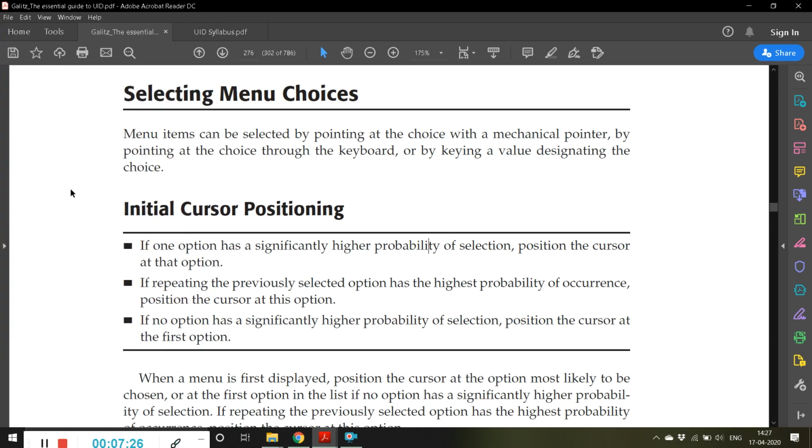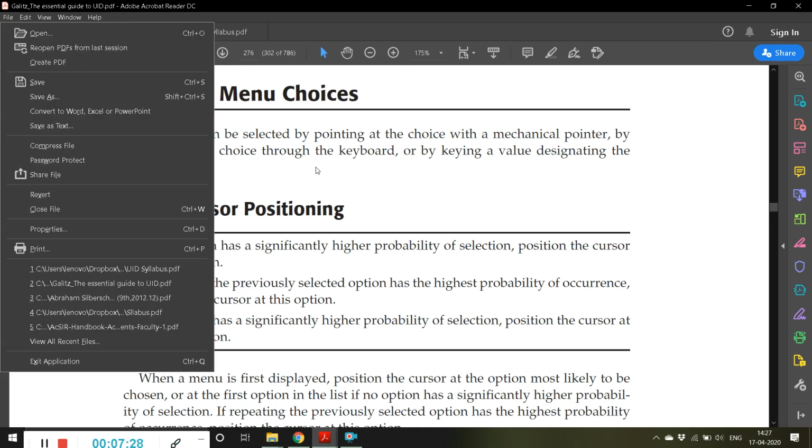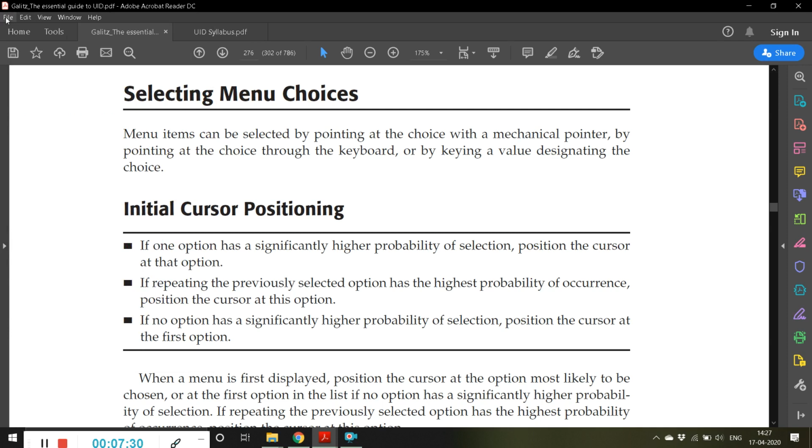Sometimes, without even clicking, it automatically gets activated. In most modern websites, you don't have to click on that particular menu, you just move your cursor on top of it and it automatically opens and shows the menu options. That is the first one.